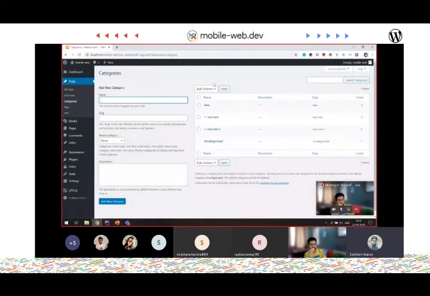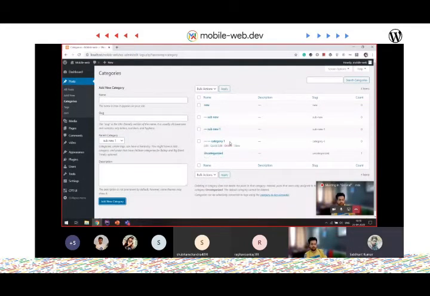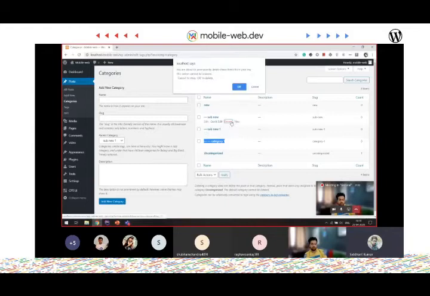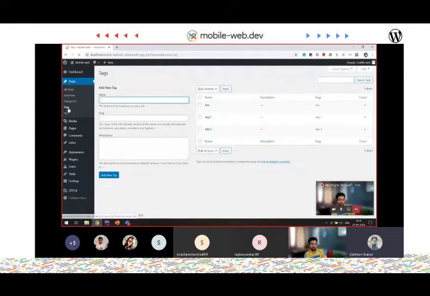And when going into categories and adding a new category, you see a parent category here. So you can give this category any parent. Like I want to give this one sub new one, and add category. So this category comes here. So it is the child of this category, and this is the child of this, and this is the child of this. So this is how we create a parent and children structure in categories. But you cannot do this in tags. Inside tags, it is a single level structure.